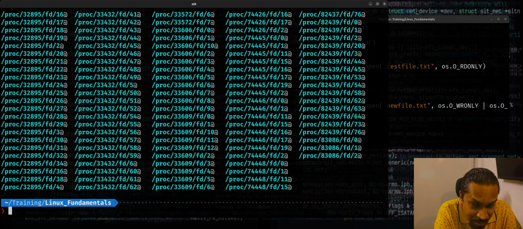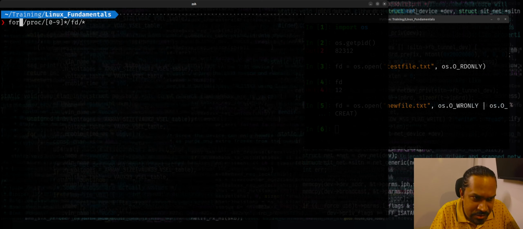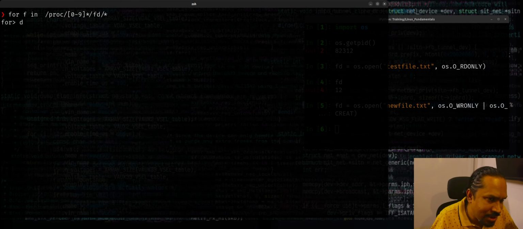You can select it on a per process basis. You know how to do that now. But if you want to do it on the entire system, you can check it up this way. And now once you get these details, what you can do right now is you can actually use a loop. I can say for f in this particular folder. I'm using the Z shell, so it prints the secondary prompt in a very intuitive way, but